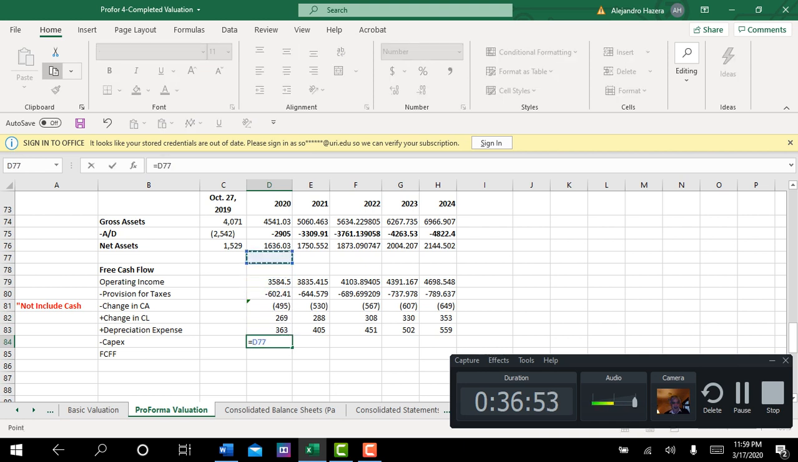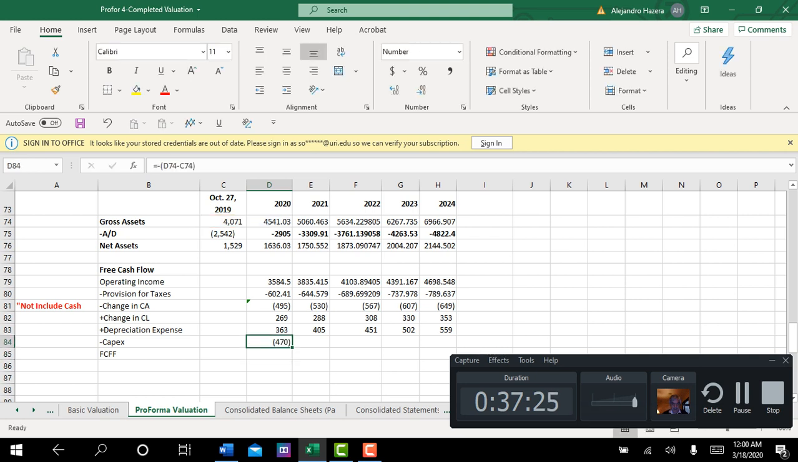So we're going to take the 2020 gross assets minus the 2019 gross assets, and those should give me capital expenditures of 470. Now, remember that in a free cash flow calculation or a statement of cash flows, capital expenditures are subtracted in the investing section of the statement of cash flows. So let's make sure to make that negative. So it is a difference between those two numbers, but let's make it negative. So we're going to make that